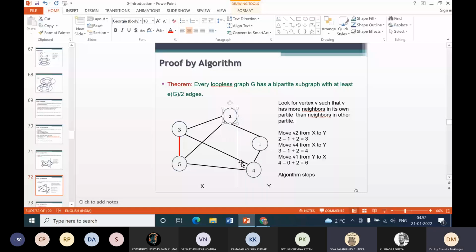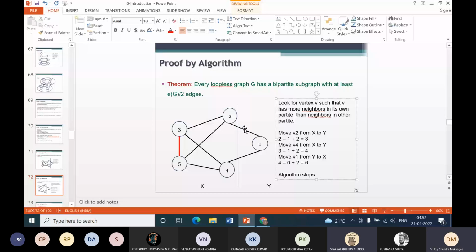So initially this was my graph. Okay. And what I do, I look for vertex V such that V has more neighbors in its own partite than the neighbors in the other partite. So at this stage, if you look into 1, it has more neighbors in the other partite, so no need to move. Now you need to notice that